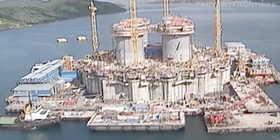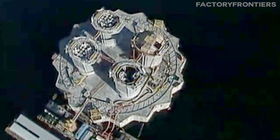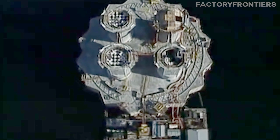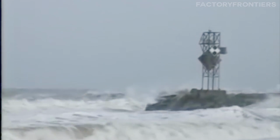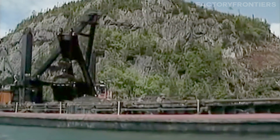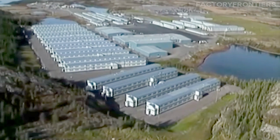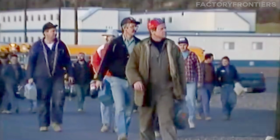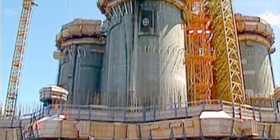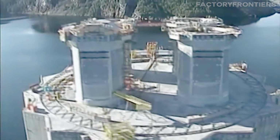Construction of the GBS involved an intricate process of pouring concrete into a gigantic mold, layer by layer, to form a solid structure that can endure the pressure and forces of the ocean. This process was carried out on land in a specially constructed dry dock, allowing for precise control over the quality and integrity of the construction. Once completed, the structure was floated to its designated location offshore, where it was carefully sunk and fixed onto the